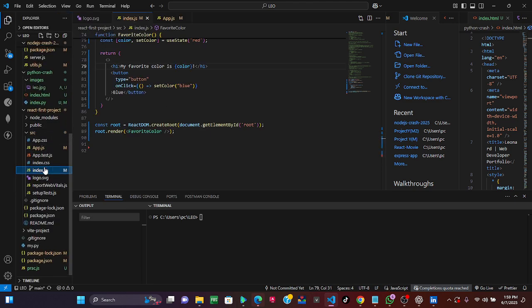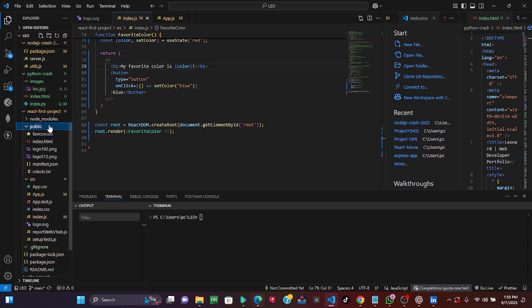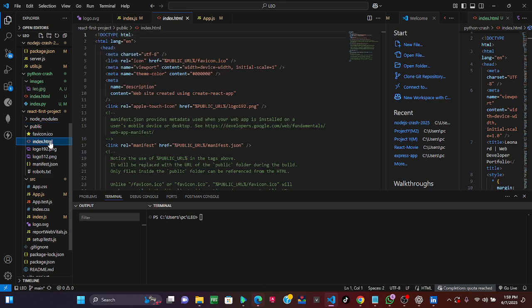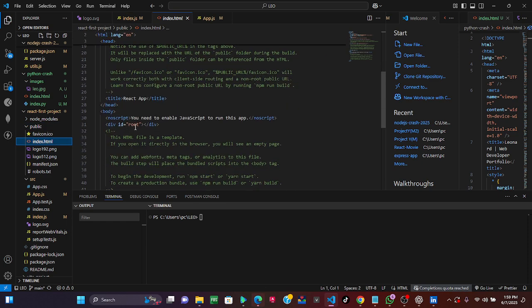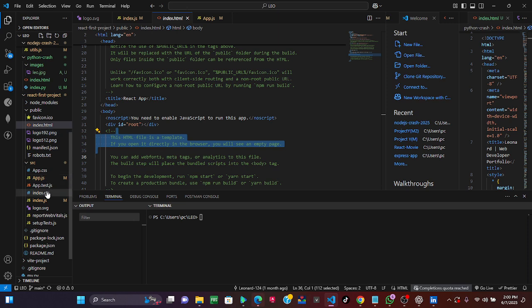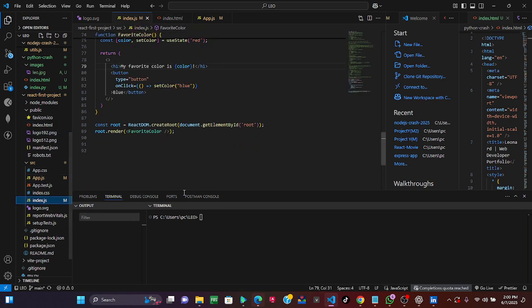So to get the index.html, where the root is coming from, it's just in the public folder. So index.html here is where we have the root. So here it is index.html, this is the root. That's why we are saying const root is equals to document.getElementById, which is going to be root. Okay, so after that, when you do npm start,